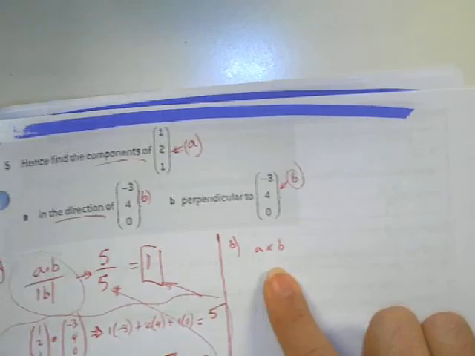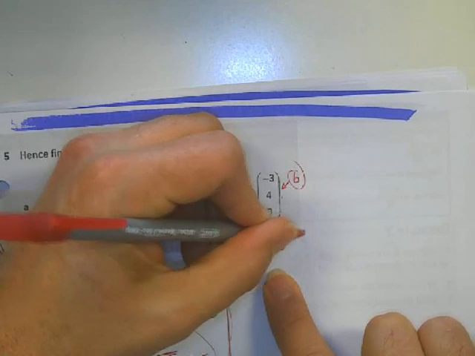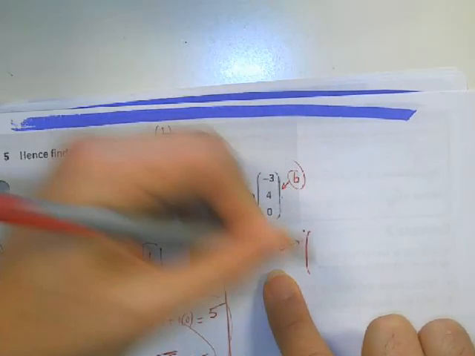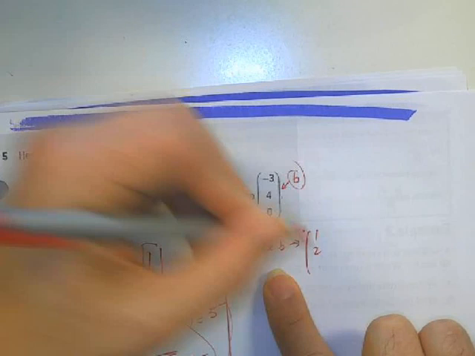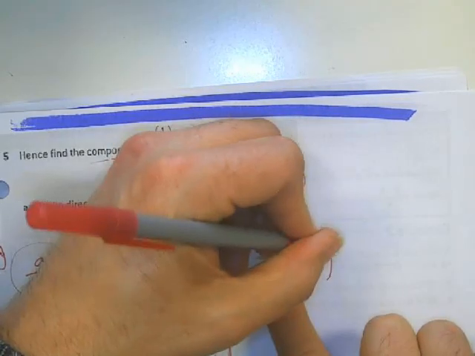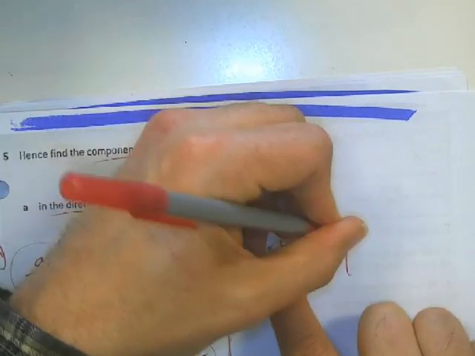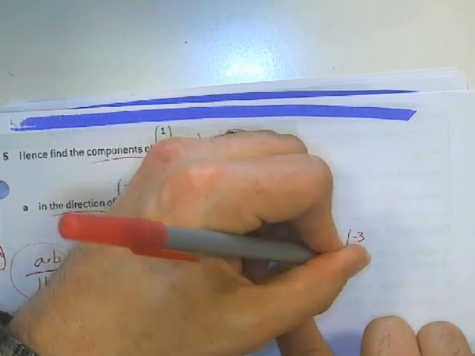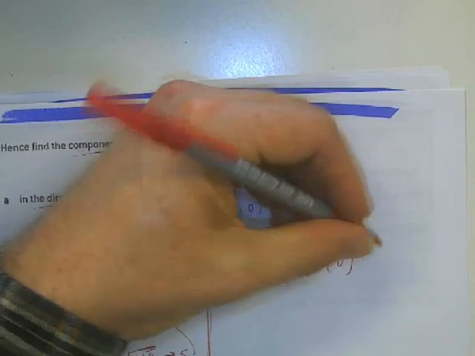So the cross product of 1, 2, 1 and negative 3, 4, 0 is going to give me